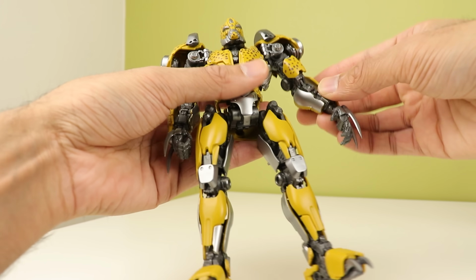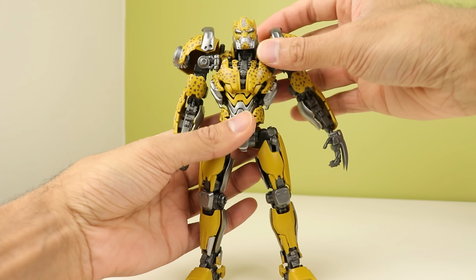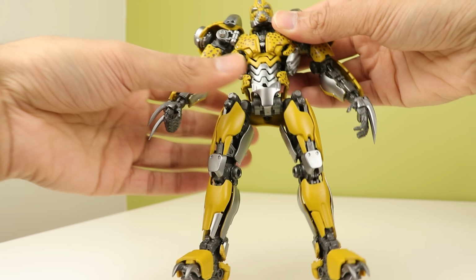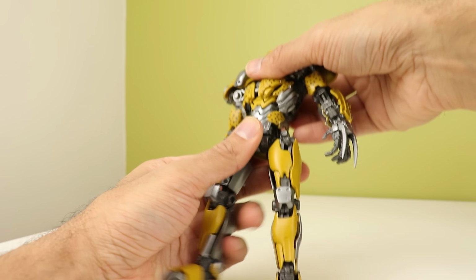Ball joints at the wrist. The torso on Cheetor is slightly limited and also weirdly shaped. Just these two side sections here, as you can see, it doesn't line up very well on mine. It's just strange. But you have a joint at the torso, and then you have a waist joint below, and